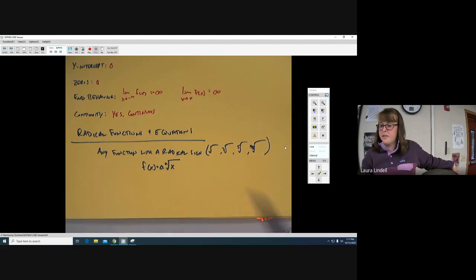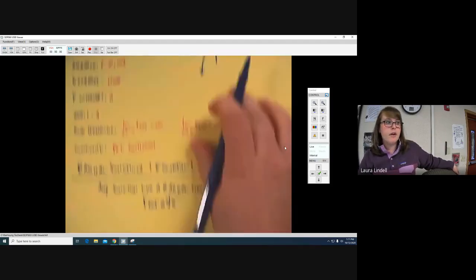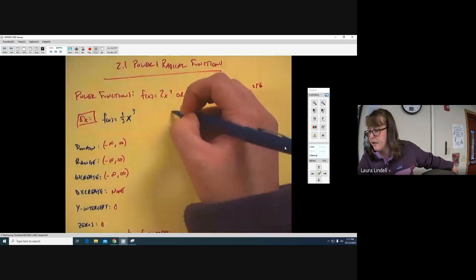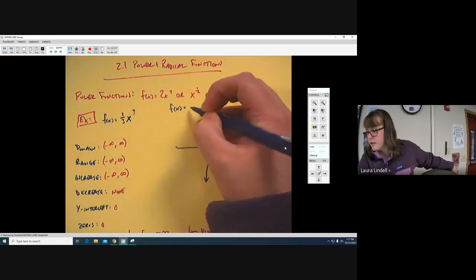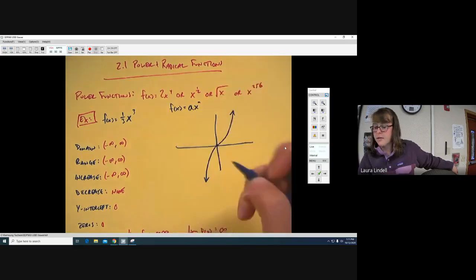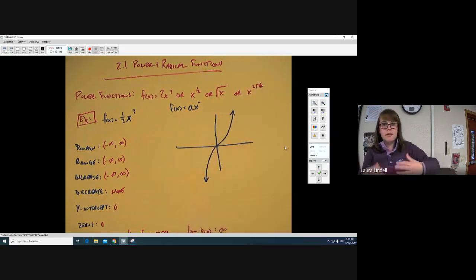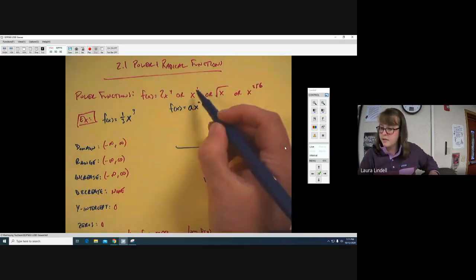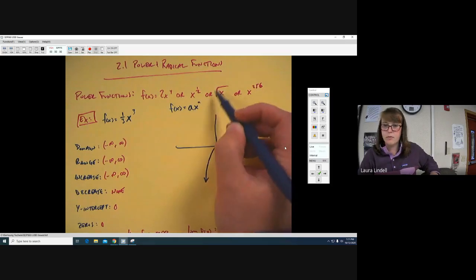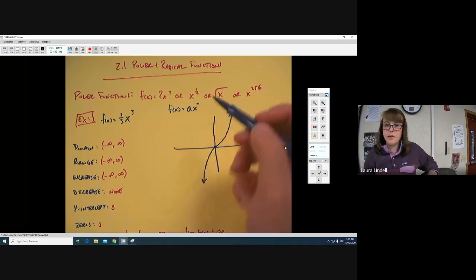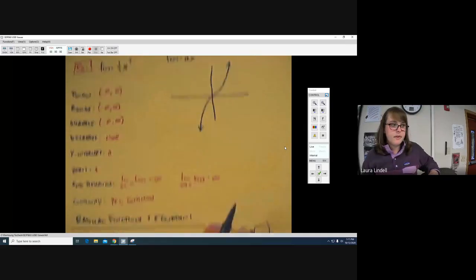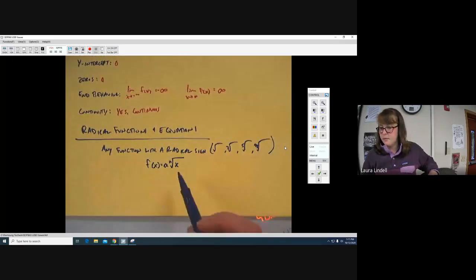Okay, so it's a subset of the power functions, because technically a power function is anything that can be written as f of x equals a x to the n, which encompasses the radical functions because x to the 1/2 power is really the square root of x. Those are the same. So this is that subset